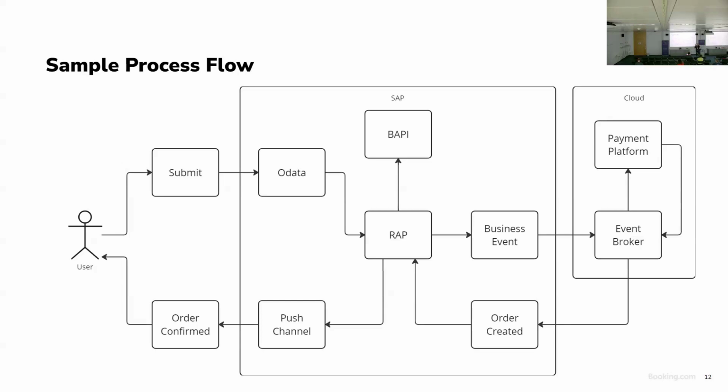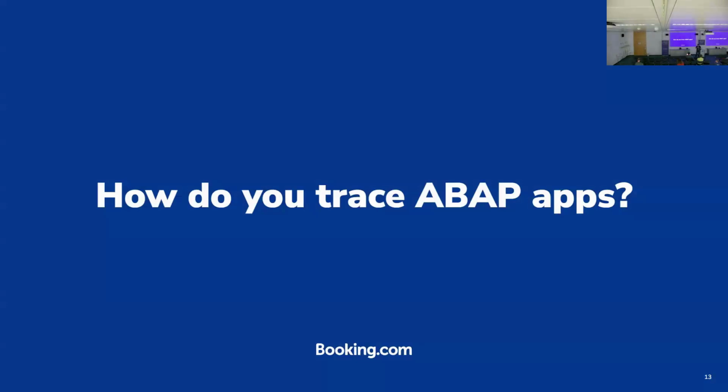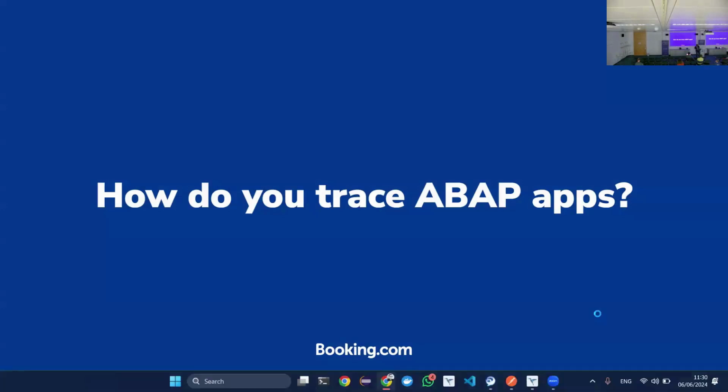The question then is, how can we trace this process if we have OData, ABAP, business event, and push channel, which all live in their own different loops? How can we trace them? Well, we still can do it. I hope we can have a slightly bigger audience. I created a simple